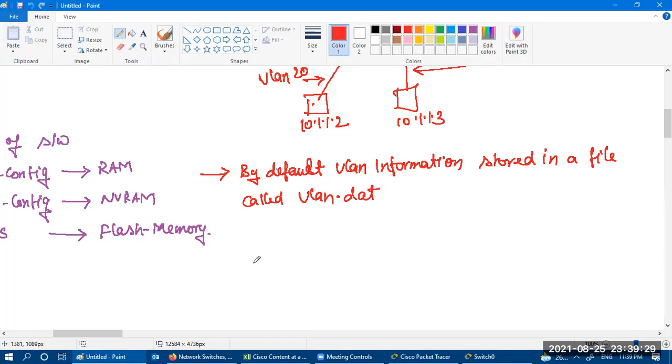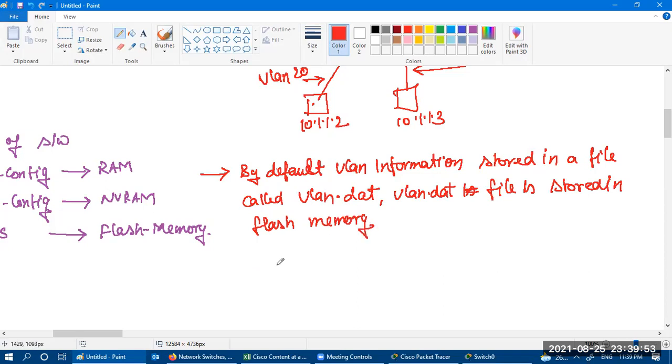So your VLAN information is stored in a file called VLAN.dat, and the VLAN.dat file is stored in flash memory. Let me show you.